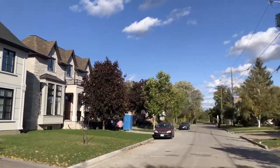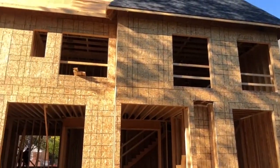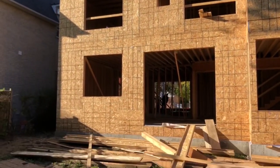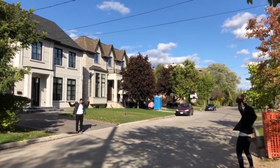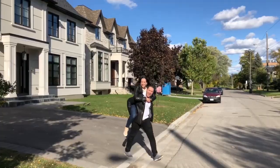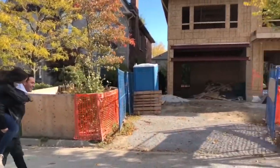Hi guys, we're the Wolfmans and we are building our next dream home right across the street from the first custom home we've built. So far, we finished framing the main floor and the second floor, and we've also installed the roof. And now we are continuing the construction inside with drains, sewage connections, and pouring the concrete slab for